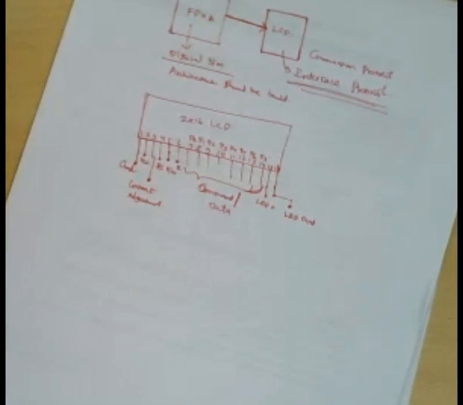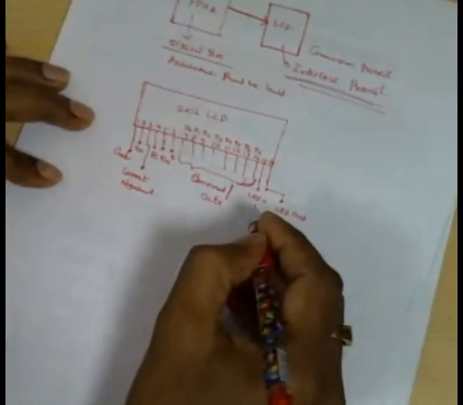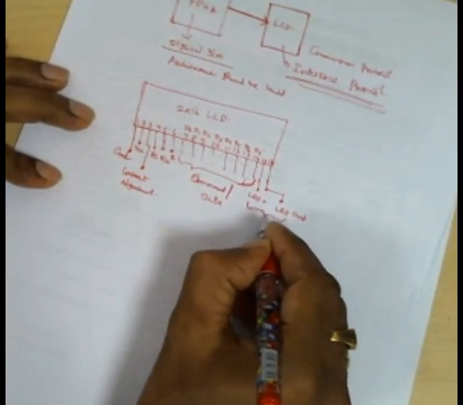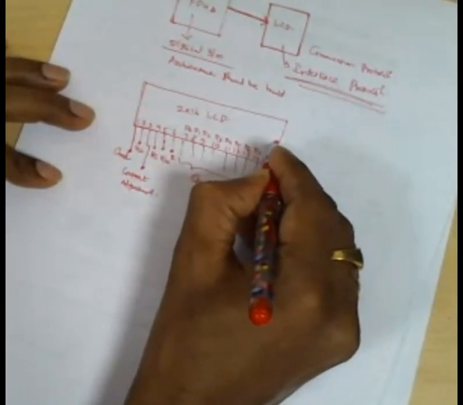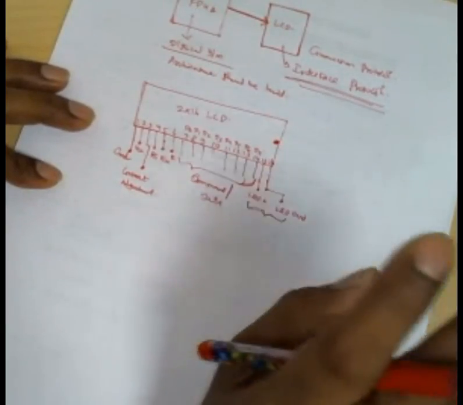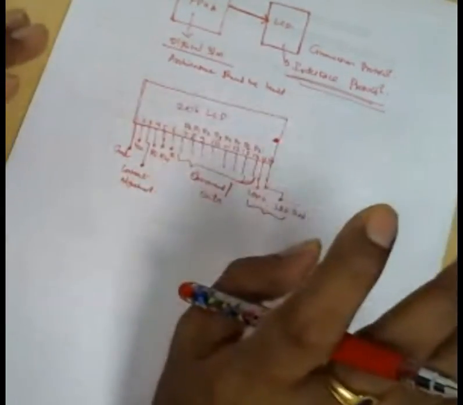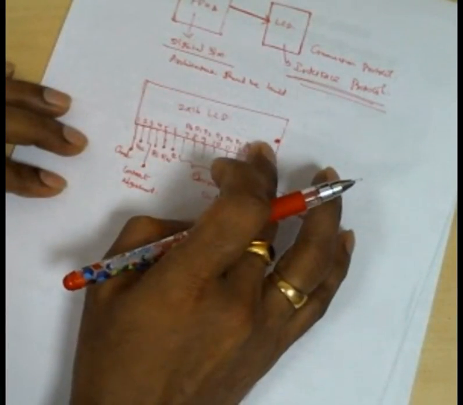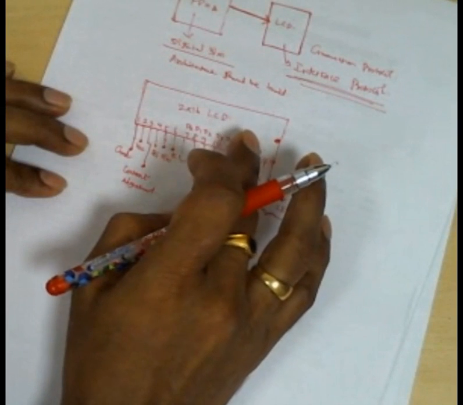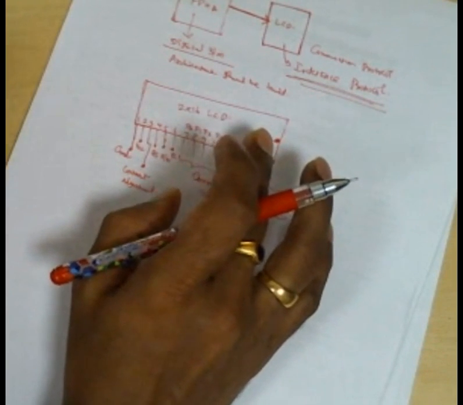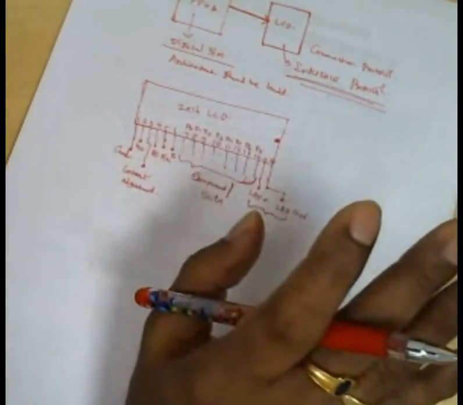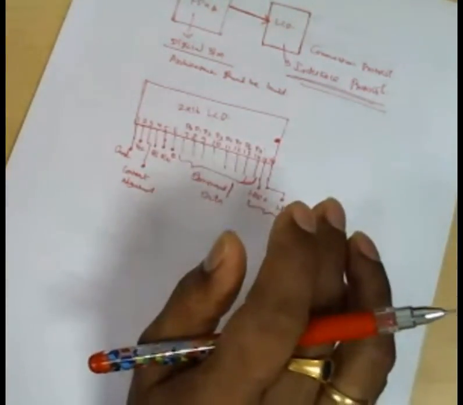We will understand these things first. The LED plus and LED ground are for the background light. There is one background light at the back of this LCD just to read the display at night time. Because if your background is white and the characters are black, it is not that bright white. You will experience it when you come here. At night time, the display cannot be read.